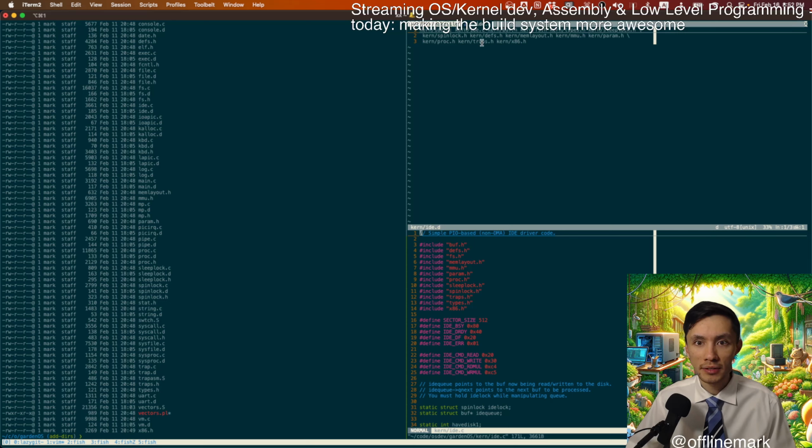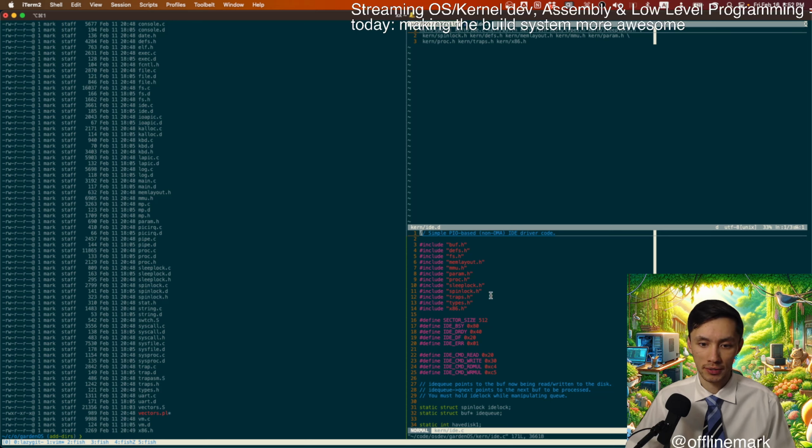Interesting, defs. Okay, for some reason the order is not the same as what's in the file. But I believe what's happening here is we're saying that anytime any of these files changes, recompile this object file.